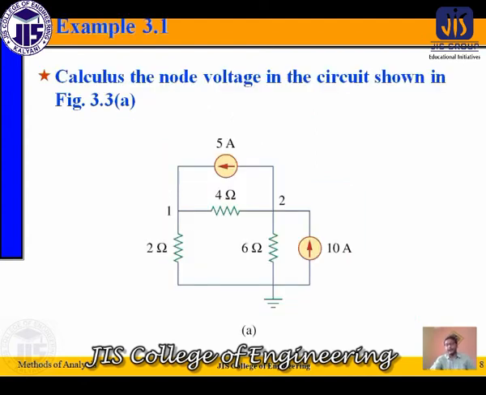Now we are going to another problem, where the actual values are given to you. For this circuit also, two different current sources are there, a 5 ampere and a 10 ampere current source, and three resistances having values of 2 ohm, 4 ohm and 6 ohm, and we have to find out the different node voltages. Sometimes they may ask you what the currents are for the different branches. I have to solve it by using this node analysis method. So this is the problem.